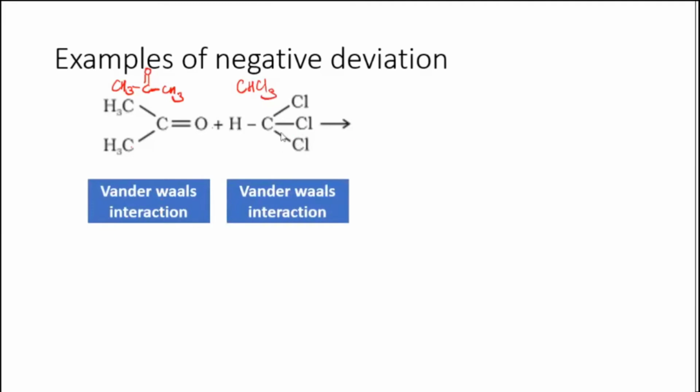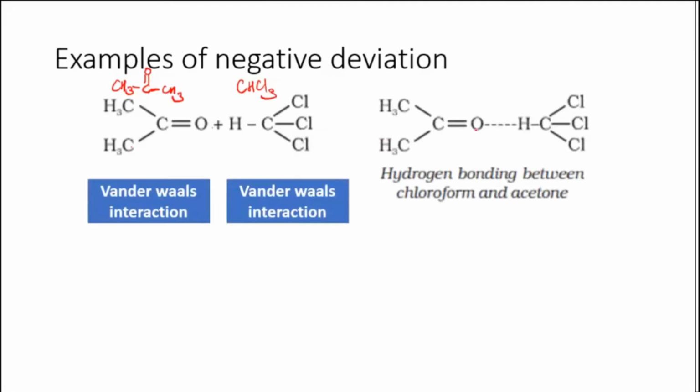But now when acetone and chloroform are mixed together, what happens is this oxygen, the oxygen which is attached to the carbon with a double bond, will form a hydrogen bond with the hydrogen of the chloroform here. You can see a hydrogen bonding taking place. Initially the force of attraction they had was van der Waals, which was a weaker force. Now when they are mixed in the solution form, they have a hydrogen bonding, which is a stronger bond. So when the bond has become stronger, the molecules will come closer and they show a negative deviation.